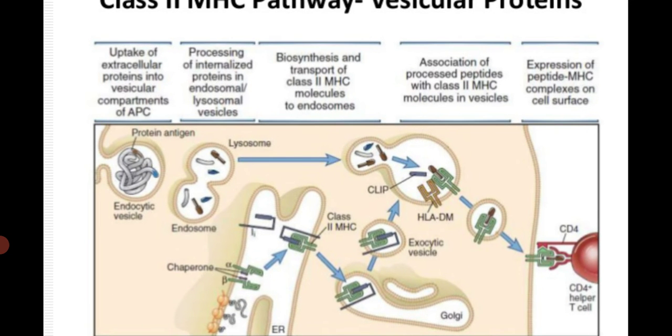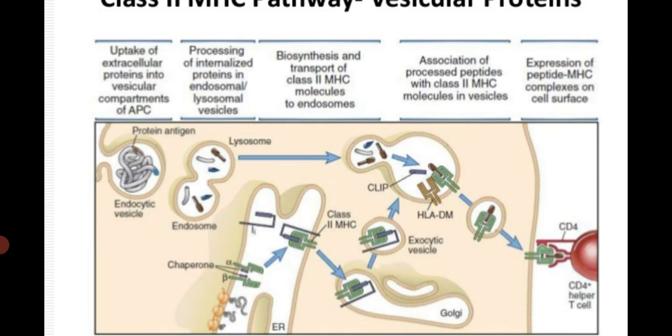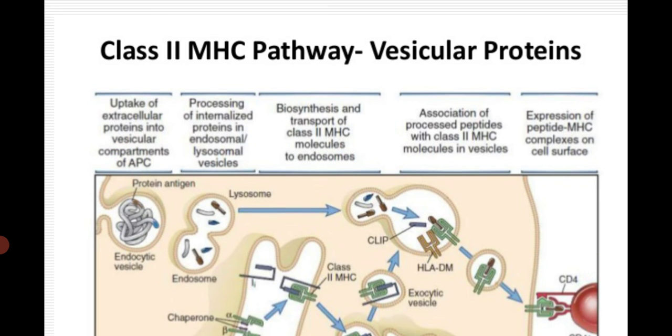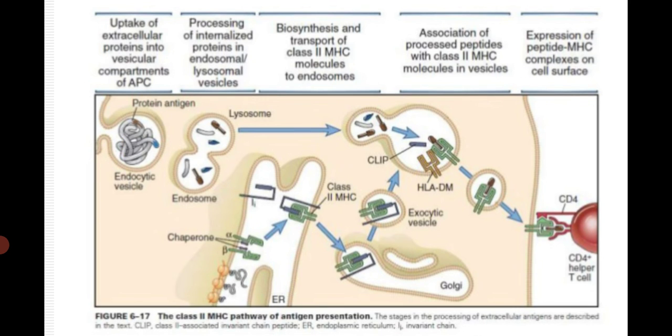Here is a schematic representation of the class 2 pathway. Exogenous antigen is internalized through an endocytic vesicle. Uptake of extracellular protein into a vesicular compartment of the antigen presenting cell. Then it moves into an endosome. Simultaneously, in the rough endoplasmic reticulum, with the help of chaperone, the MHC class 2 molecule is assembled. It is made up of 2 chains,